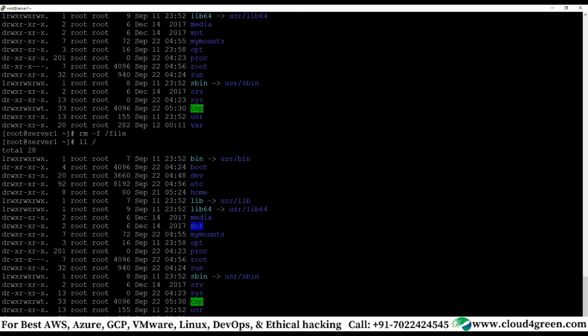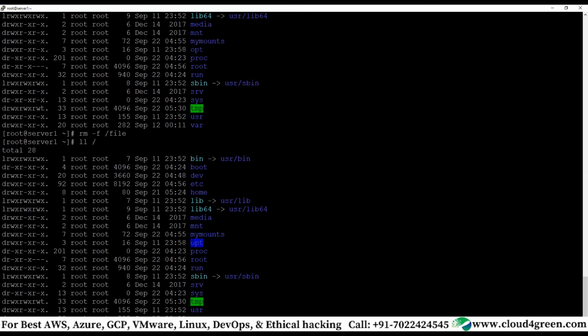So by default nothing will be there in this, right? If you mount something, the data you can see. Media is normally for CD drives, DVDs and all those things. mnt, basically you can mount it for some network shares, or the way which we have mounted similarly. But only one mount point we normally use. Otherwise, you have to create directories and then you have to mount. mymounts is something which we created, so this is not a system directory.